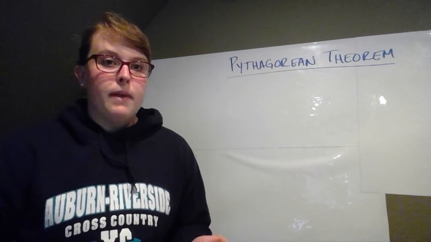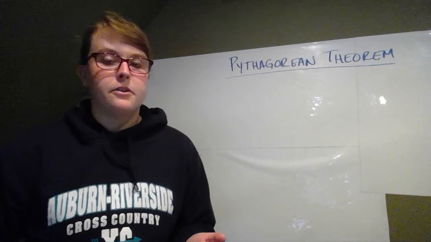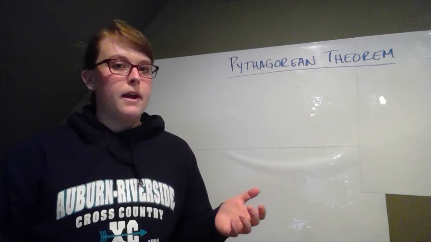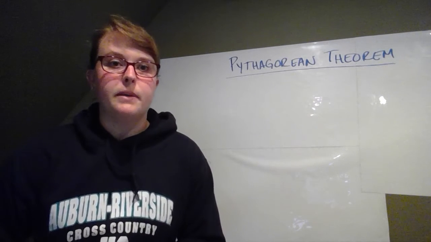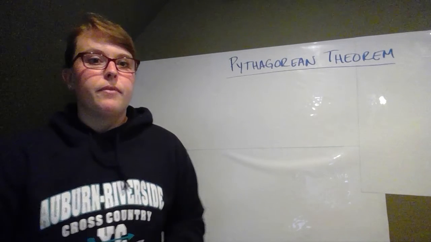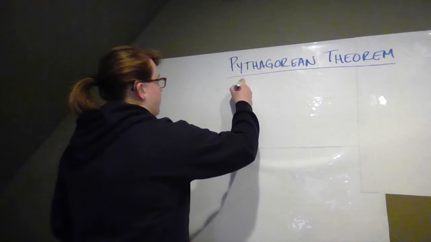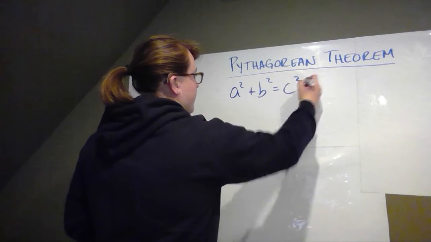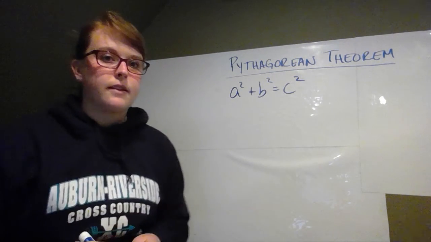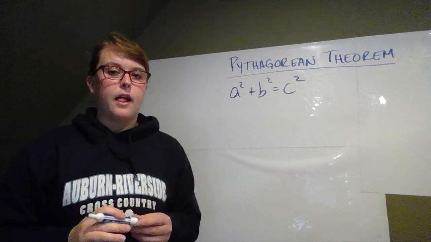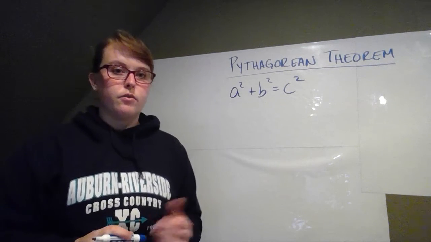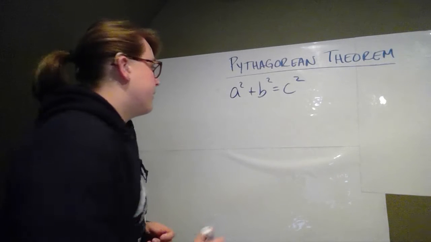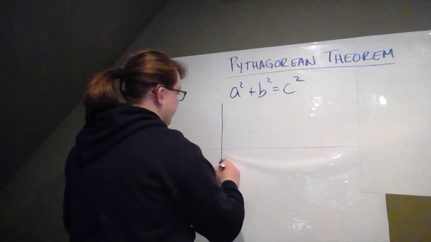The main thing that most people remember, like if you ask your parents what's the Pythagorean theorem, they might remember something about a squared plus b squared equals c squared. So that's definitely an important part. But where do these a's, b's, and c's come from? What does this have to do with? The Pythagorean theorem is only for right triangles. So if you remember back to our unit on triangles,